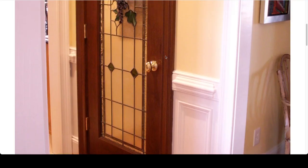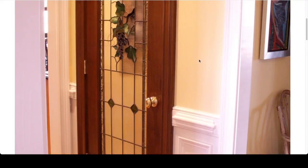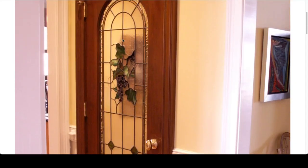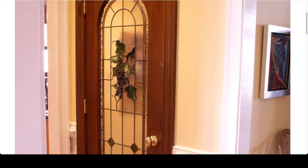But the way this door shuts, I'm going to try to do it. It shuts like that. So the stained glass will be on the outside of it. So if the door slammed, which it didn't, they had a door closer up here. I specifically told them, get yourself a door closer. It's a gentle closing system. All right? Get that, and if this door ever did slam, the stained glass would hit against the tempered glass, or